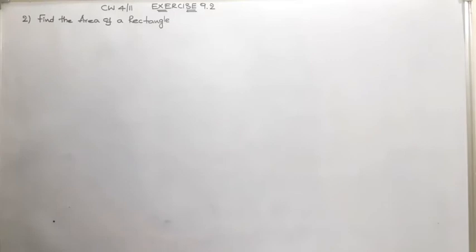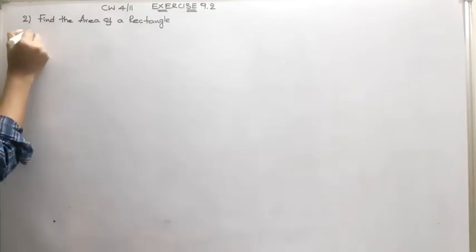So let us continue our exercise 9.2, starting with second Roman. The exercise is going to be very easy. As I told, finding the product of algebraic expressions is a simple one. So the second question is, find the area of rectangles with the following pairs of monomials as their length and breadth respectively. So they give a pair of monomials starting with p, q like that. We have to consider them as length and breadth respectively, and thus we have to find the area of them.